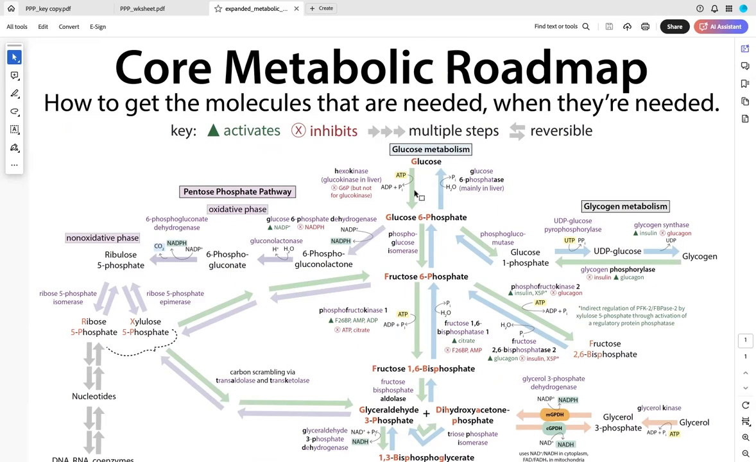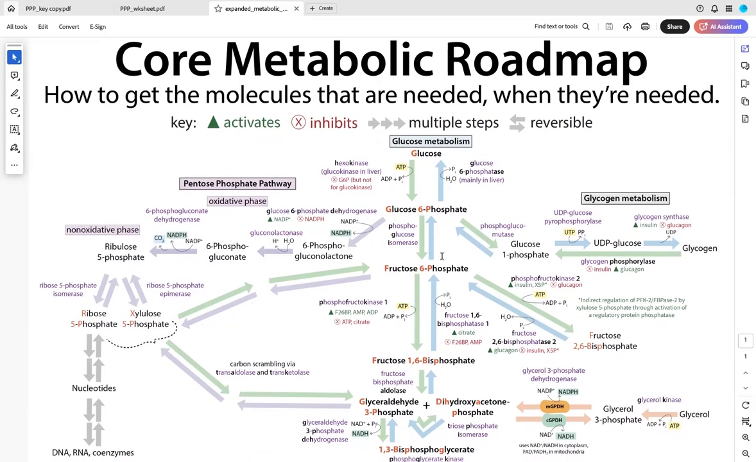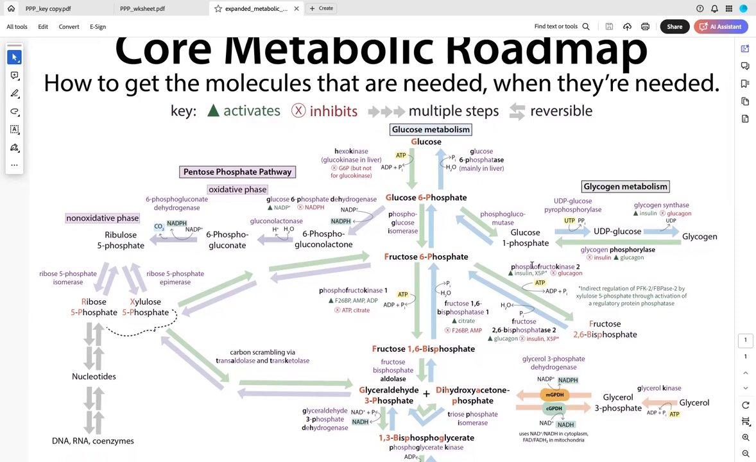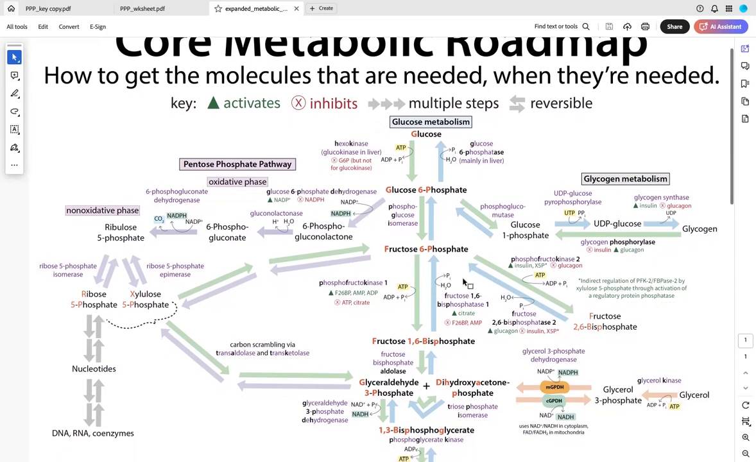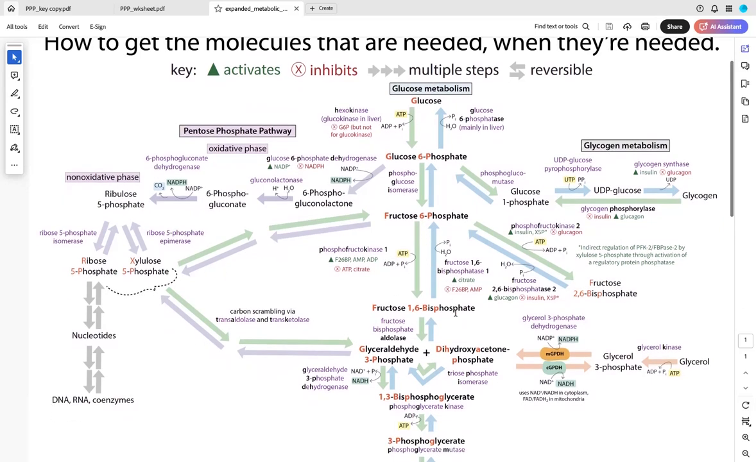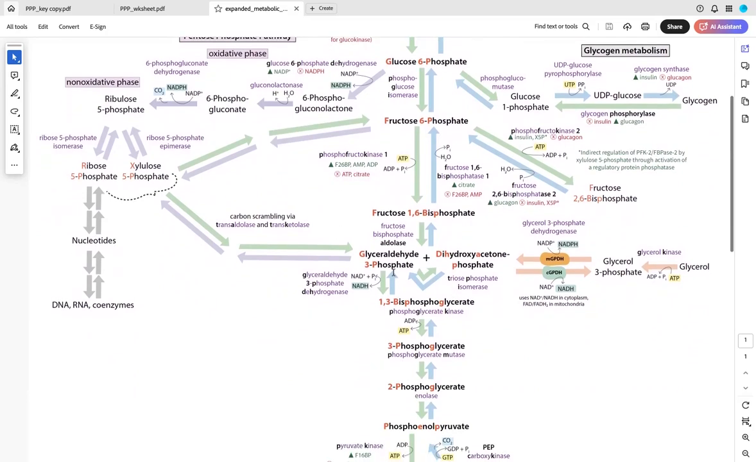So in this way, these pathways are going to be regulated, and you can track all this by just looking at what regulates what. Often you'll see that a pathway is going to be inhibited by a product of the pathway. So for example, this hexokinase step is inhibited by glucose 6-phosphate, which is the product. So this is going to be our feedback inhibition. And then we'll also see examples of feed-forward inhibition or feed-forward stimulation,